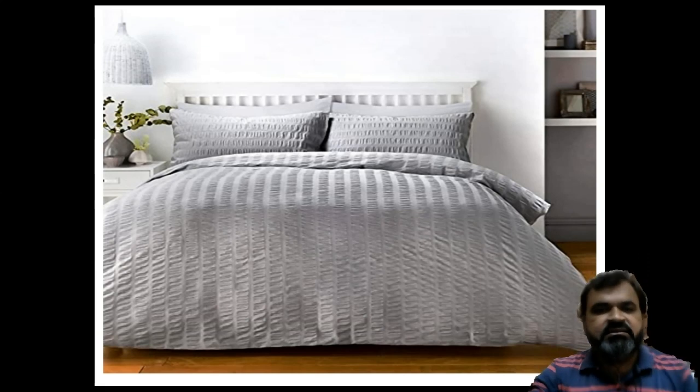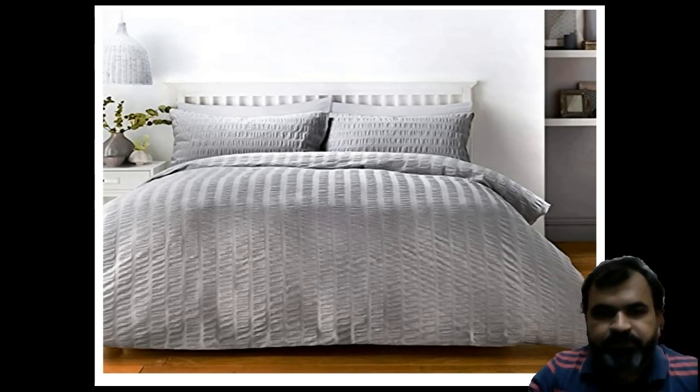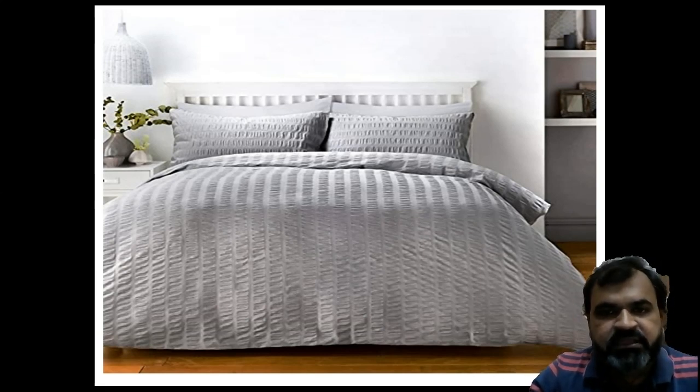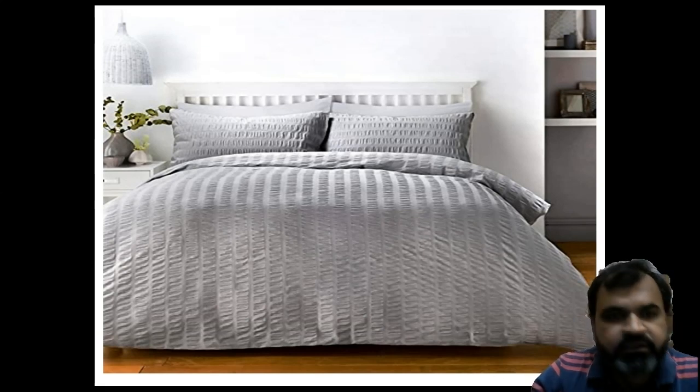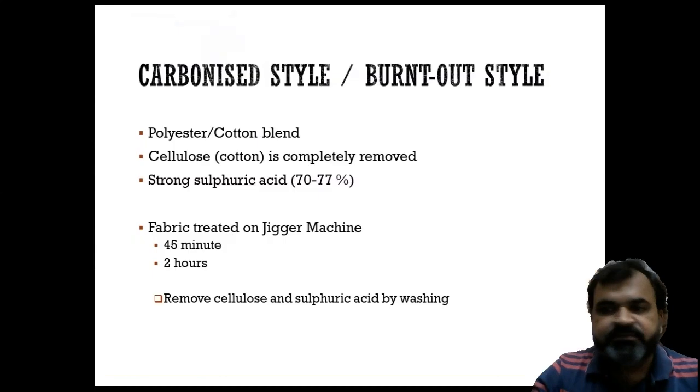This is the bed sheet which had been printed with the caustic soda. The straight line you can see, that is the pure cotton, but where the zigzag curve is there, that has been shrunk due to the printing of caustic soda. So after printing the caustic soda, we are going for the washing, and that's why that caustic soda will shrink your cotton area, and it will give this zigzag effect, which is a very beautiful effect generated by the simple method.